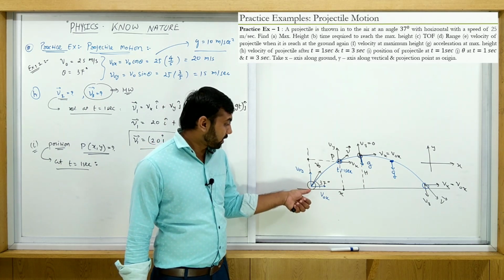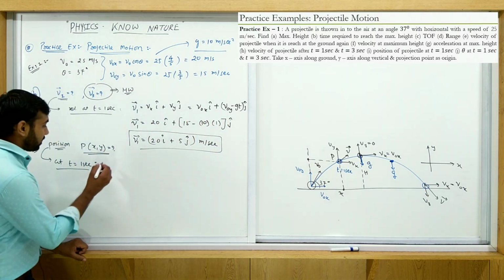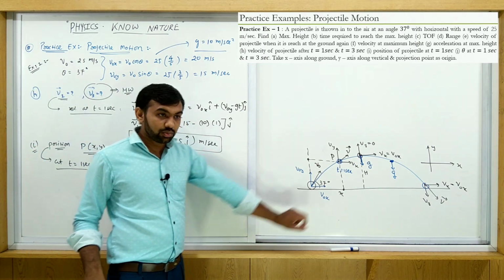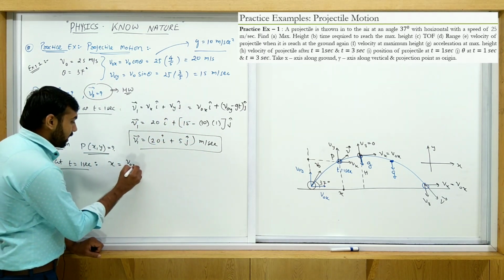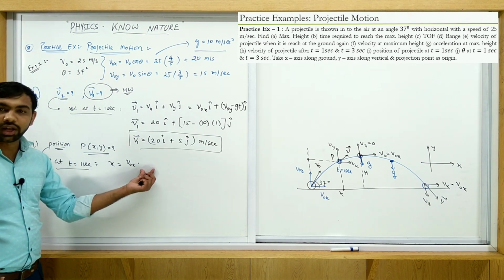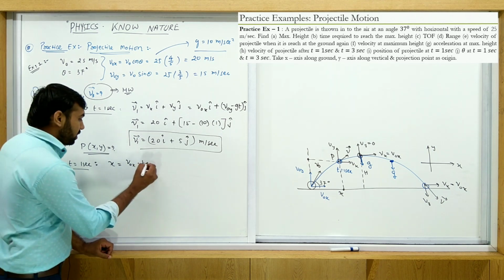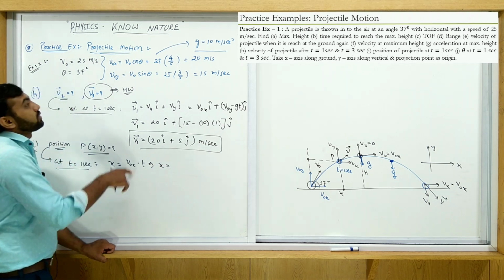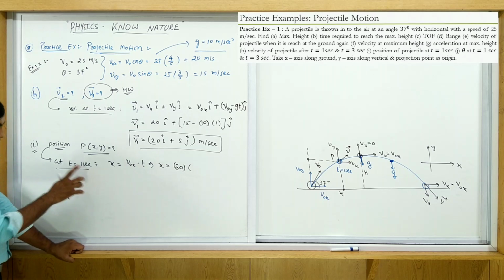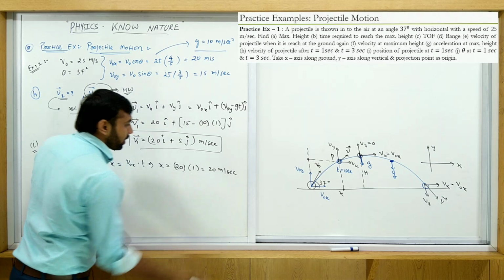Here along x there is constant velocity, and along y there is constant acceleration. Both are considered, constant velocity and constant acceleration. So use these relations and you get the answer. What is the velocity along the x direction? V naught x. So put v naught x into time. We use the equation distance is equal to speed into time. So put both values: v naught x is 20, and time is equal to 1 second. So x is equal to 20 meter.